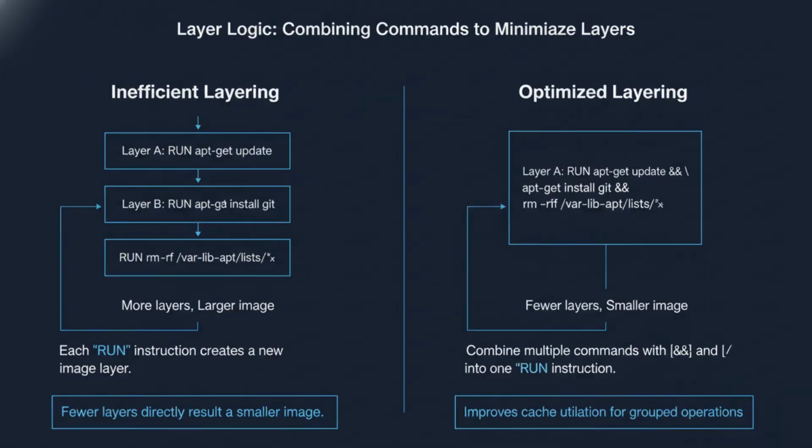As we discussed, each RUN instruction in your Dockerfile creates a new layer. While layers are great for caching, having too many can lead to larger images and inefficient caching, especially if a previous layer frequently changes. A powerful optimization technique is to combine multiple commands into a single RUN instruction using the double ampersand operator and line continuations, backslash. This approach ensures that related commands execute within the same layer. For instance, instead of separate commands for updating package lists, installing a package, and cleaning up the cache, combine them into one RUN instruction. This reduces the total number of layers, leading to a smaller final image and more efficient